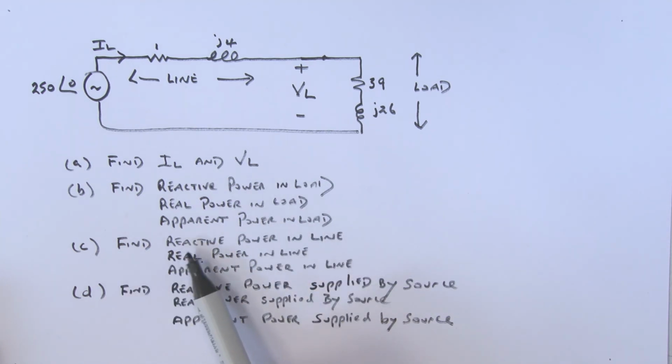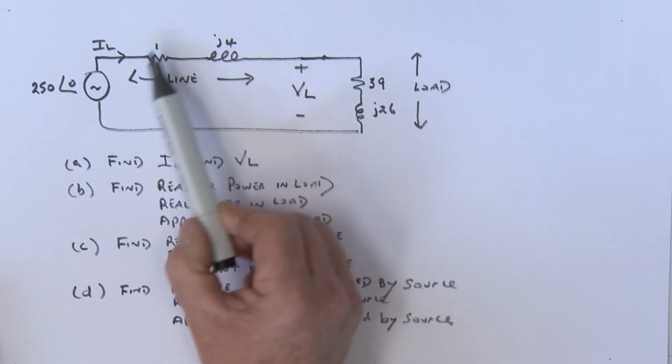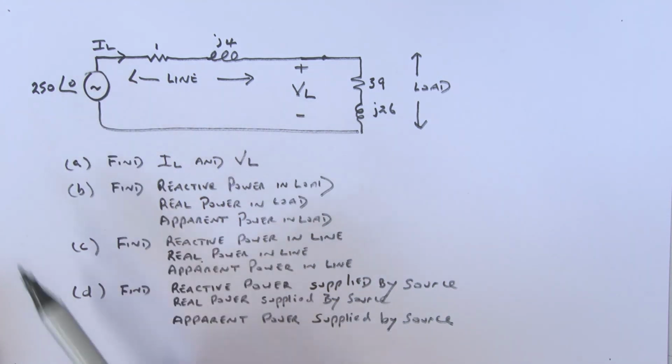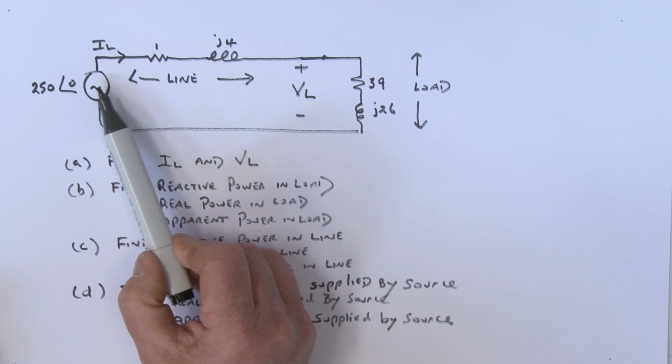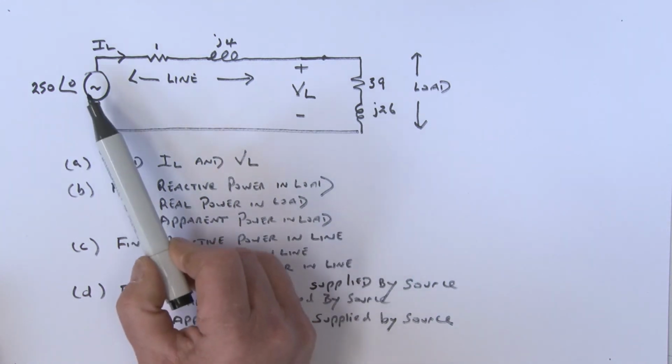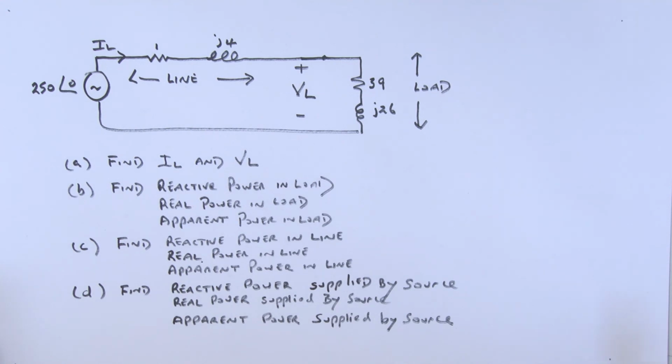Next, what I'd like you to do is find the reactive power in the line, the real power in the line, and the apparent power in the line. And then finally, calculate the reactive power supplied by the source here, the real power supplied by the source, and the apparent power supplied by the source. All right, look, give it a go,